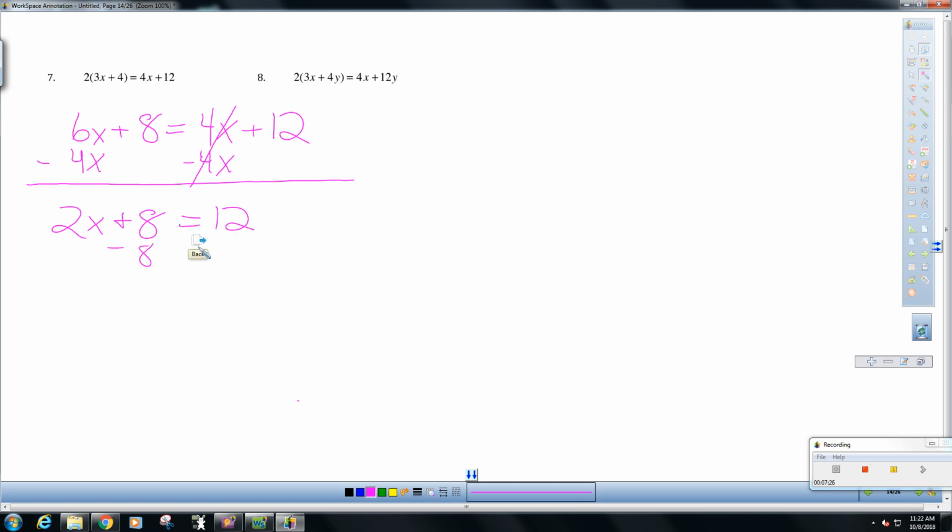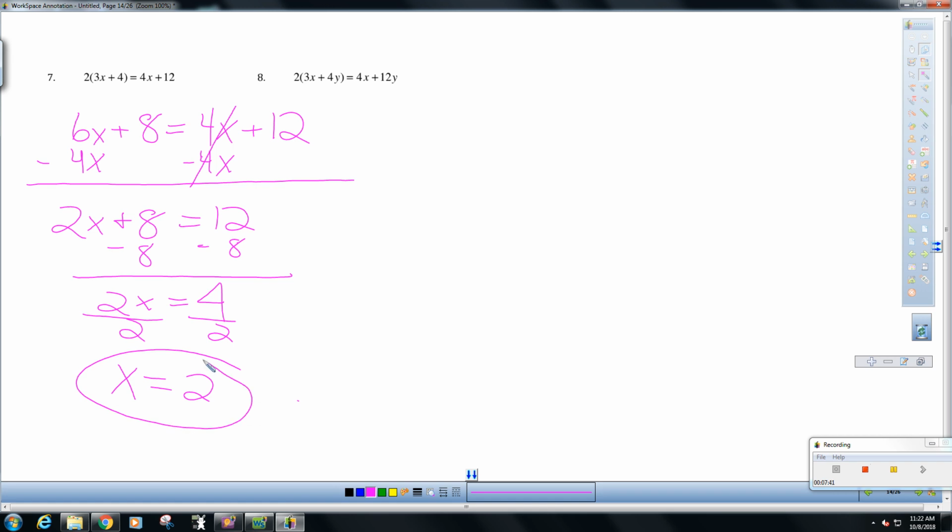Subtract 8. And you get 2x equals 4. Divide each side by 2. And you get x equals 2. Okay? Similarly, over here, I'm going to distribute: 6x plus 8y